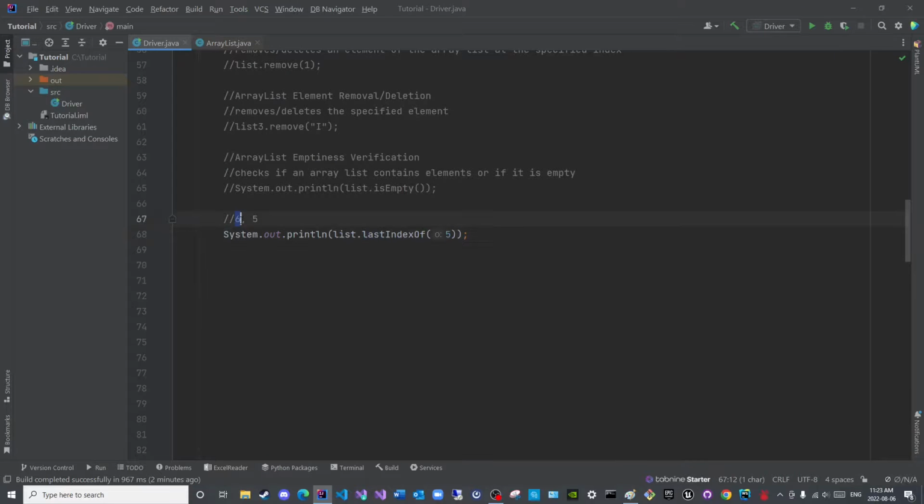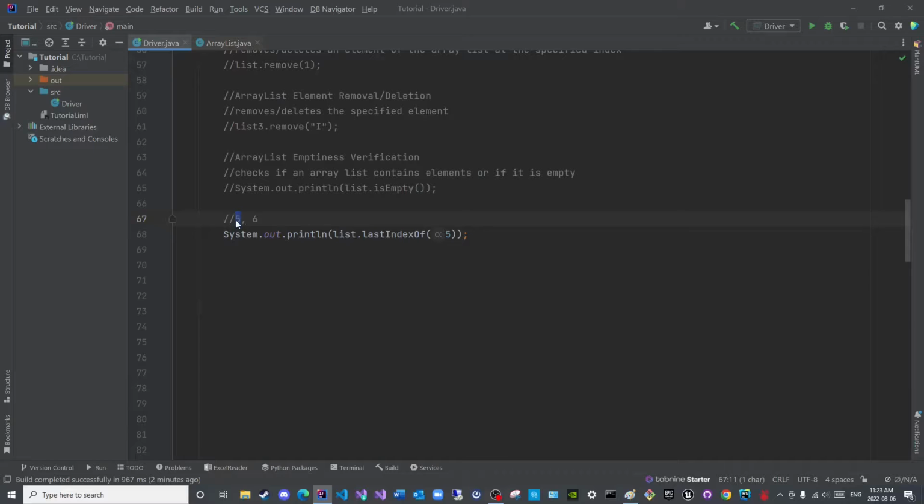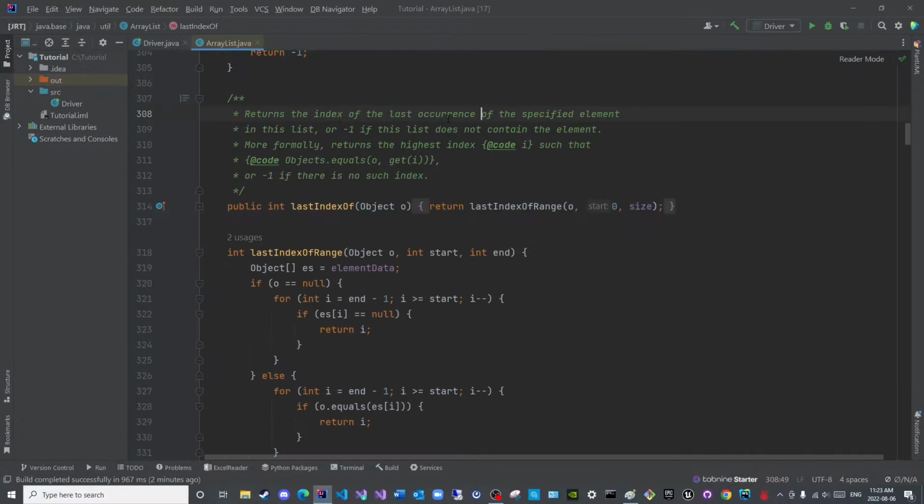So 6 was at 0 and it is still at 0, so this is the last index. 5 is still at 1, so the index here will be 1. Now if I switched 5 and 6 like so, the last index of 5 will still be 1, but the index of 5 here will be 0. So the lastIndexOf, remember, detects the last occurrence